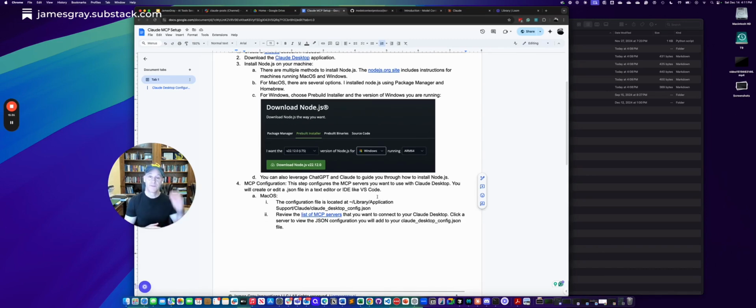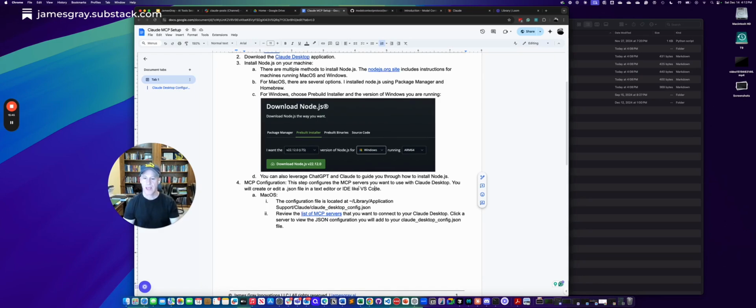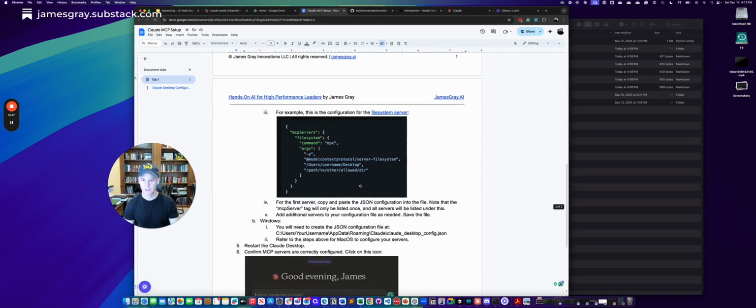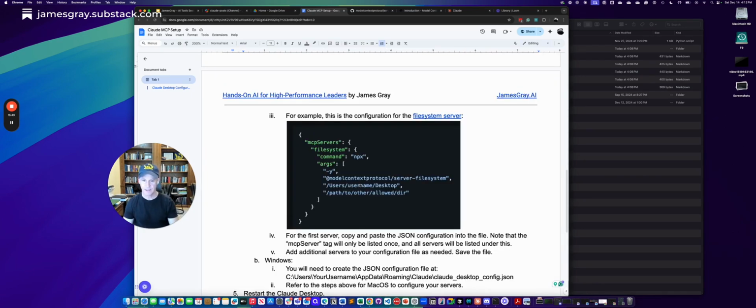You're going to configure the configuration file that Claude is going to read to look at the tools that you've enabled it for. And so let me just show you what that looks like. And you may be like, oh, James, that looks really, really technical, but it's actually pretty easy once I show you what it looks like. And so this is a JSON configuration. Again, all we're going to do is copy this and paste it into a text file. So if you are familiar with Word in terms of cutting and pasting, don't worry, you'll be able to do it.